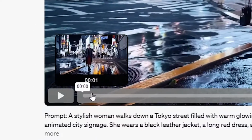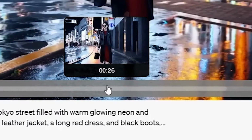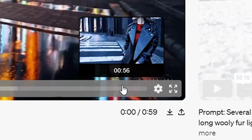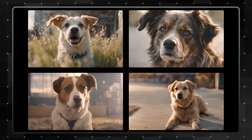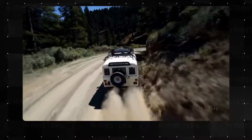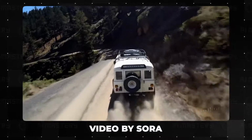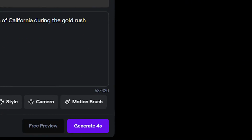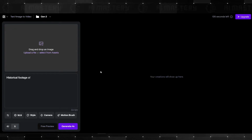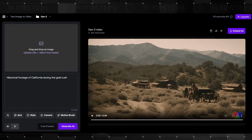SORA sets itself apart by offering the ability to craft videos that stretch up to a minute in length, a feat that surpasses the capabilities of many other models in the field. While other models struggle with shorter generation times, often limited to a few seconds, SORA's extended reach allows for a more comprehensive presentation of video content. This extended duration proves invaluable for various applications, from crafting concise narratives in short films to capturing attention in dynamic